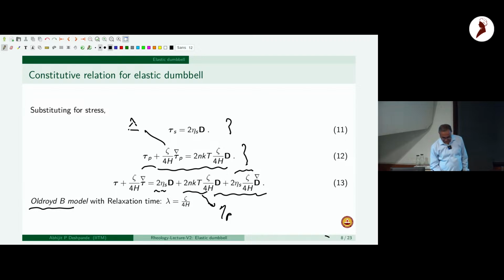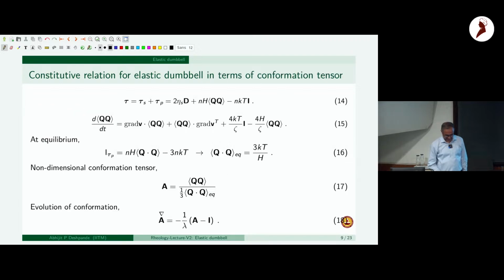Because if you see here, this is a relaxation time and then this is a viscosity. But here it is the total viscosity, which is solvent viscosity plus polymer viscosity. So therefore, you now have two time scales in the system. And this other time scale is what also leads to that decrease in the micellar solutions, breakage time and G double prime decreasing and all. Some of that is related to this kind of a time scale. But the main relaxation time, for the elastic dumbbell, is a single relaxation model with zeta by 4H as the